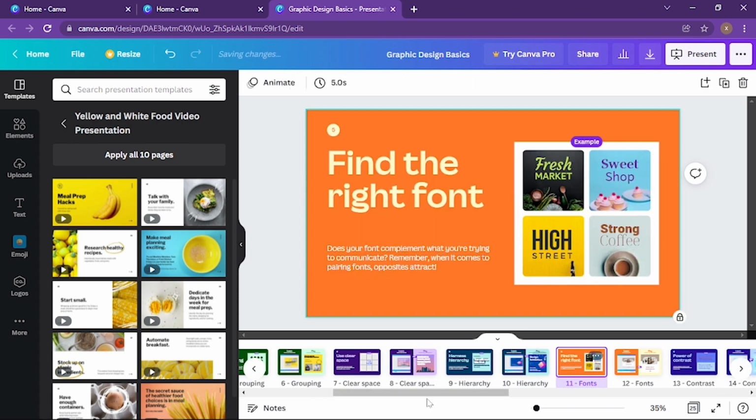After this, going to the fonts, finding the right font. Does your font complement what you are trying to communicate? Remember, when it comes to pairing fonts, opposites attract. So now this is about how to use different types of fonts so that